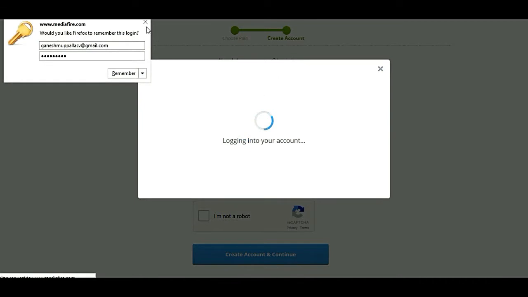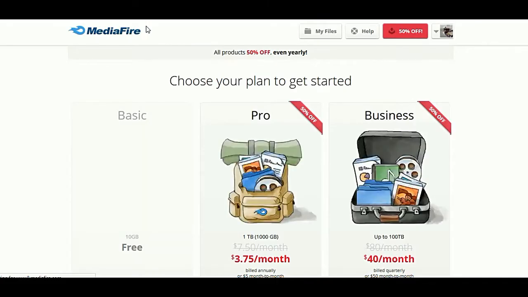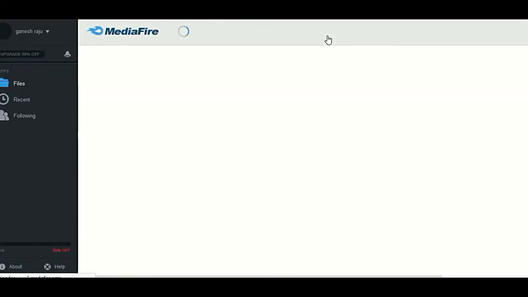Hit login. And this is the Mediafire homepage, and this is your interface.